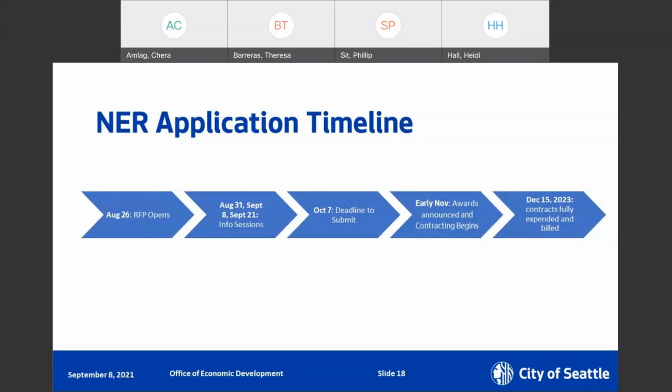They do need to be submitted through the grant portal, and again, we're available to help troubleshoot that. Teresa will be walking through a demonstration of that portal in a few minutes. We anticipate being able to announce awards in early November, and we'll be able to quickly move into contracting to support folks in getting those contracts underway. And then just a date to flag: the grant period can be flexible depending on your project and your needs, but all funds do have to be fully spent and invoiced by December 15th, 2023.